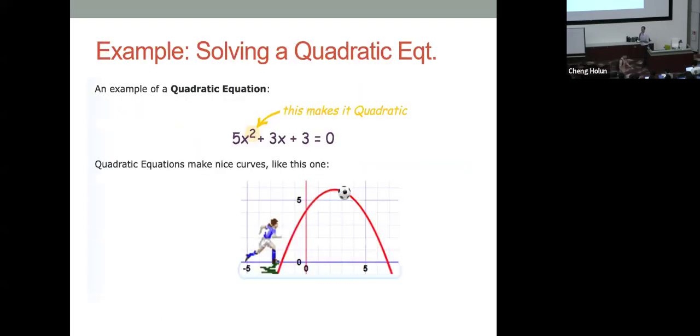I don't know if you remember this from your, probably not primary school, from your secondary school. Solving quadratic equations. You guys are in engineering, so I hope you still remember this. Usually the question is to find x. The quadratic equation is x to the power 2, and they will have some coefficients, for example 5, 3, and 3. But usually, in general, they will give you a